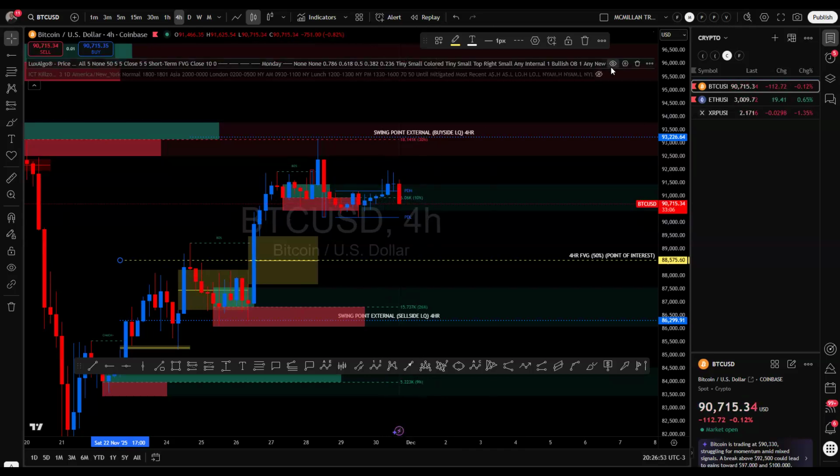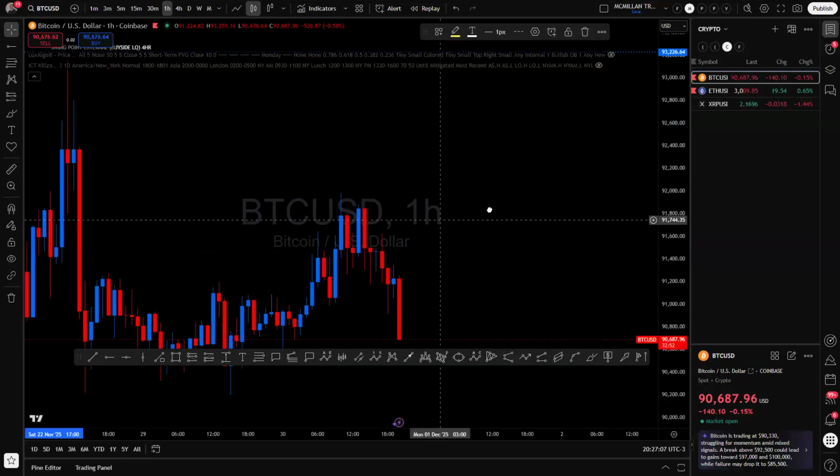Now, what I would do next is we have an idea of where price can go next, because price overall is currently bullish in this area. So let's go to the 1 hour time frame. This is what I would actually do. So since price is in a consolidation,